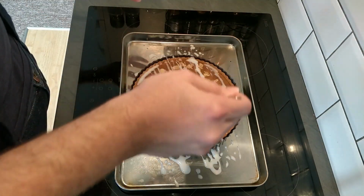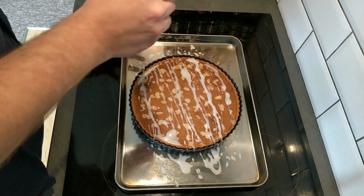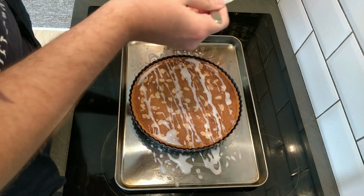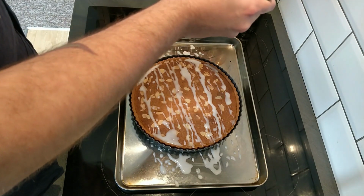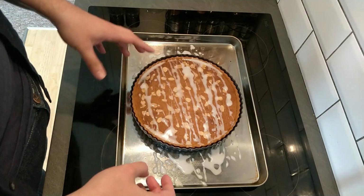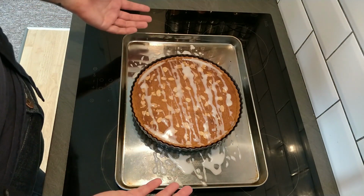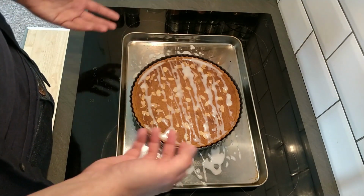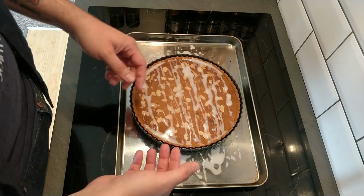You might be much better at this than I am, but to be honest, decorating's never been my strong point, but we don't want masses and masses of this over here. It's just to accentuate the flavours. So that icing is just going to set on top of the tart, and that's just going to add a little sharpness to it. You don't have to add it, of course, but I decided to. Wish I'd done it a bit neater, but like I said, presentation is not always my best point,